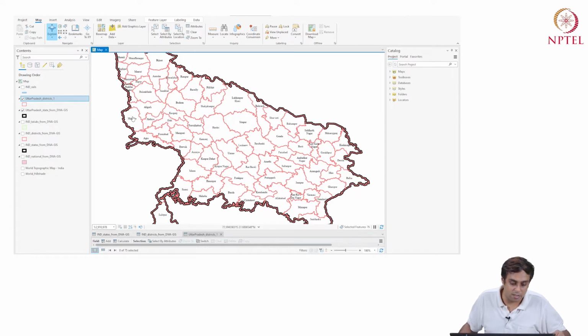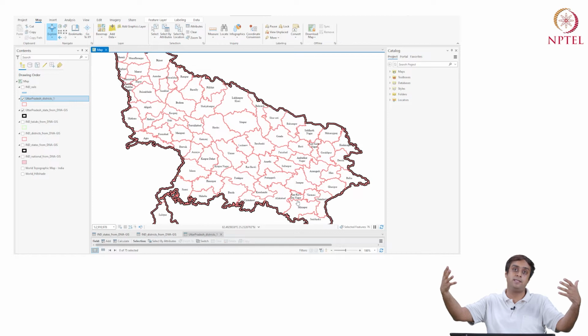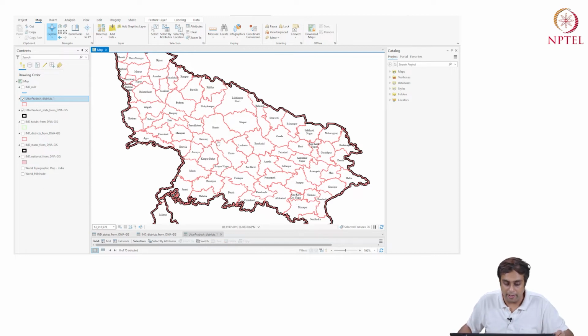Okay, so now I can see Mathura, I can see Gautam Budh Nagar, I can see Ghaziabad, I can see Bulandshahr, I can see Amroha, I can see Firozabad, I can see Kasganj, I can see Jalaun, Jhansi, Mahoba, Lucknow, Barabanki, Sitapur, Lakhimpur Kheri, Gonda, Balia, right, Azamgarh, Gorakhpur, and so on and so forth, right? So I am able to now visualize at once the spatial organization of districts in the state of Uttar Pradesh, right? Okay, so I've done that.